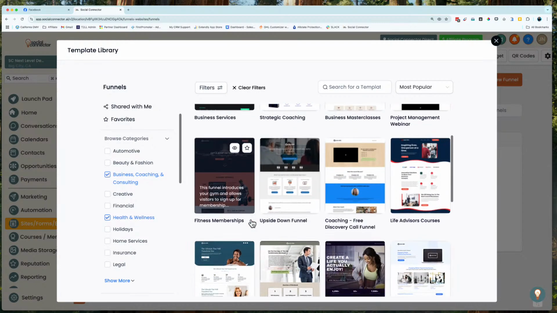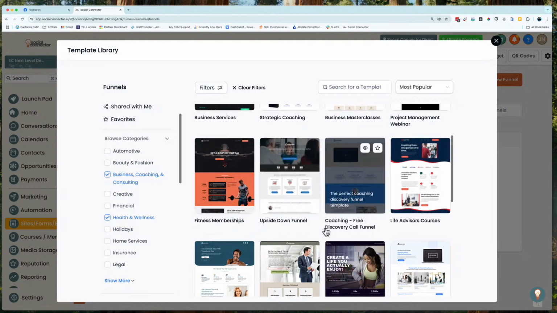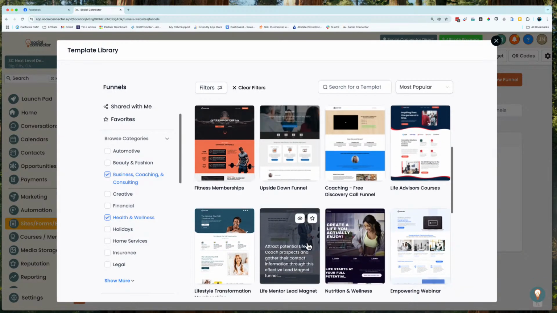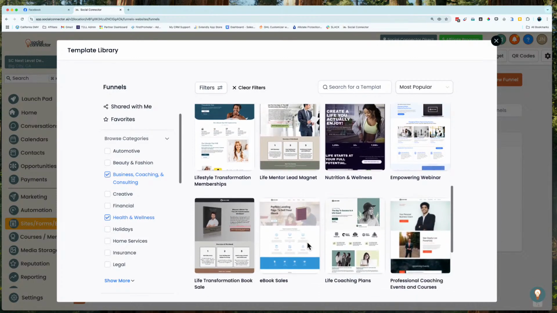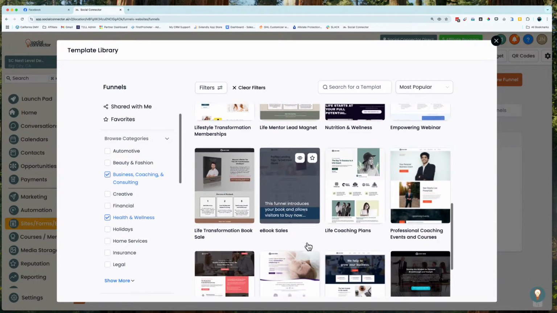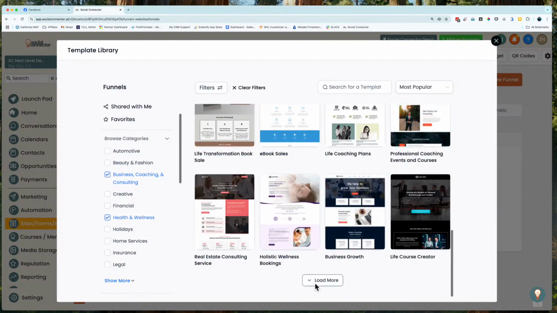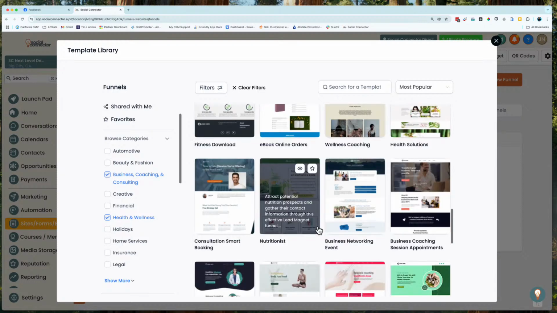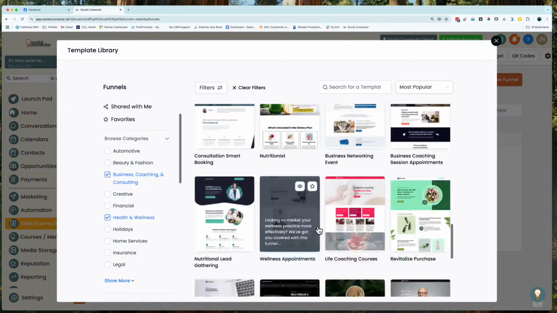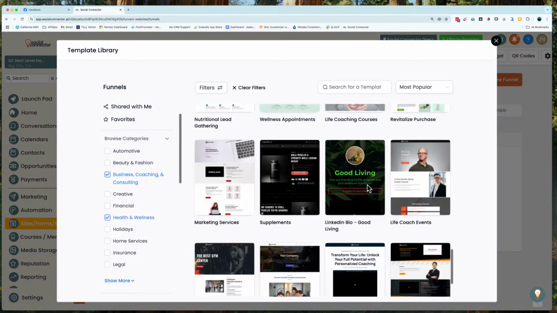And I'm going to go through and maybe our goal for our funnel is to get people to join us for a coaching call. So we're going to look here and we're going to look for how can we get people to join our coaching call. So keep coming down through here and just looking for one that stands out. Now, what I want you to understand is, again, don't worry so much about the actual look as you want to think about the layout of any of the funnels that you're looking for, the templates that you're looking at. And so we're going to go ahead and we're going to go with